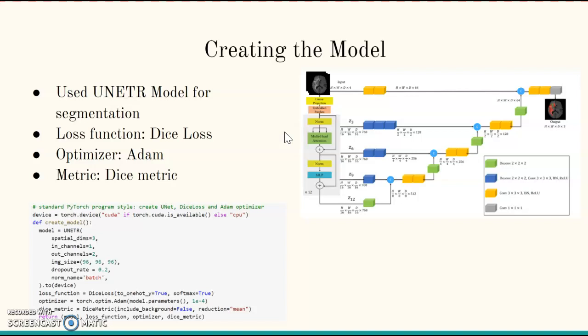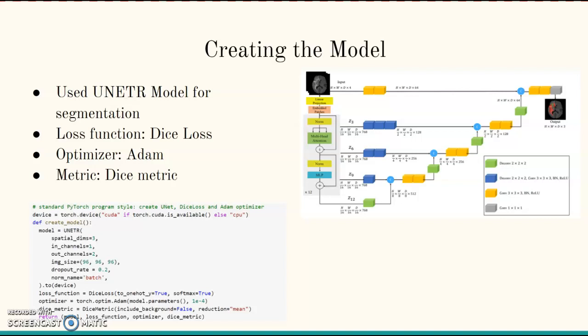The next step was creating the model. We used a UNetR model for segmentation, which is the state-of-the-art model and has shown to create really good segmentations. On the right in the image, you can see the architecture of the model. We also, for our loss function, use the dice loss. And this is a common loss function used in image segmentation. And essentially, the way that dice loss works is it measures the overlap between the predicted labels and the original